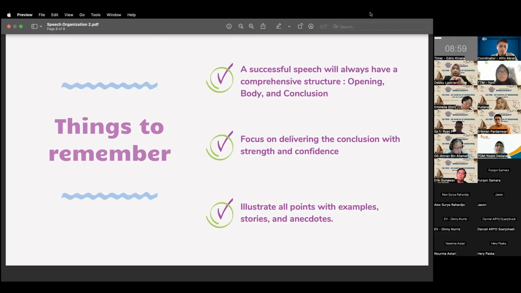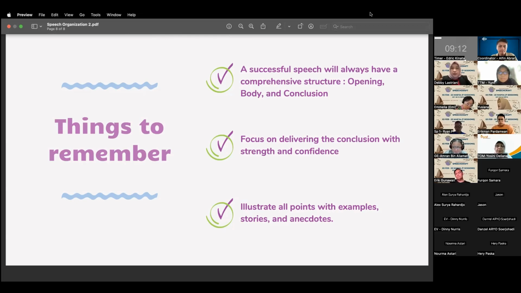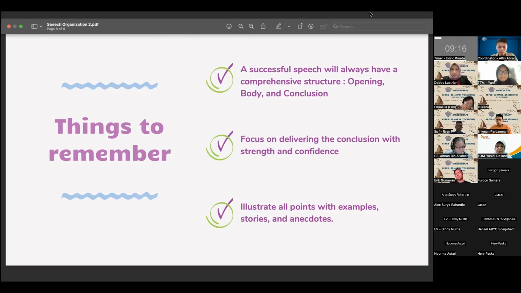You can review the main points. And if you have a suggestion, summarize the suggestions. And don't forget to close with impact, giving a quote or a call to action.